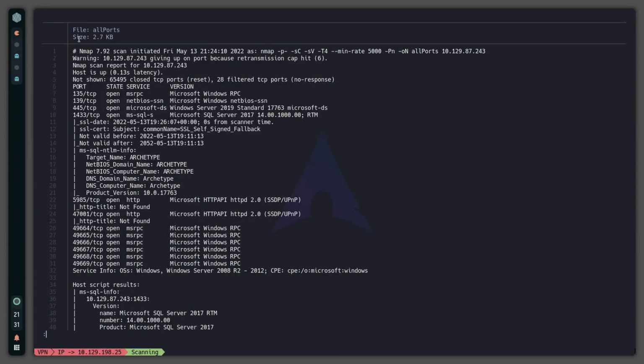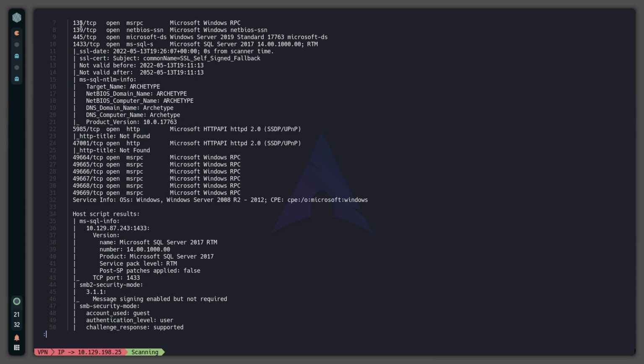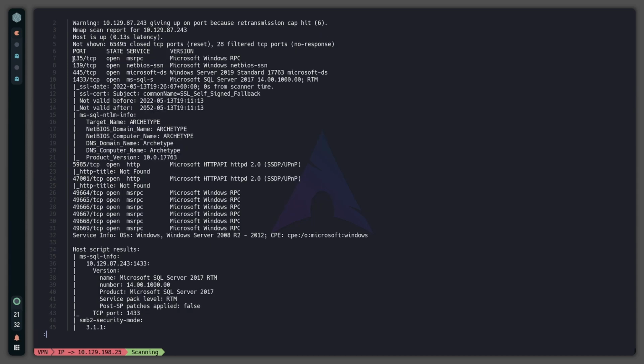Okay, so the scan has finished and I have opened the file. This is the command I use, and right here we can see there are quite a few ports. We've got like 135, 139, but the most interesting is this one, 1433, running on TCP, which is running an SQL server. So now that we know that there's an SQL server,